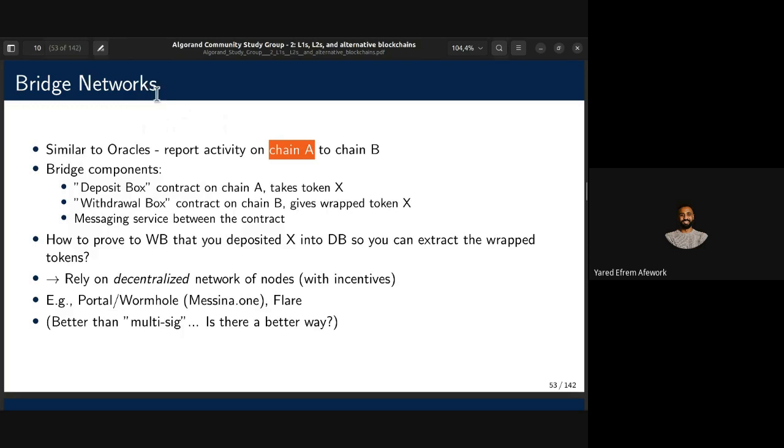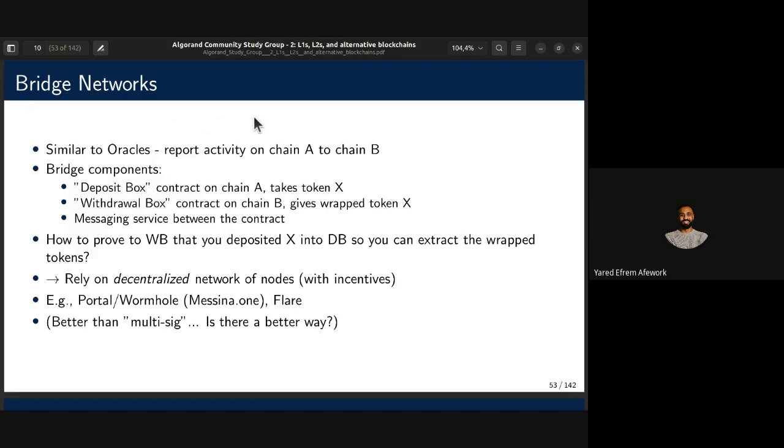So instead of having chain A and chain B talking to this middleman, this bridge network, let's say that both of these are proof of stake networks, and chain A has a market cap of $10 billion, and the other also $10 billion. But let's say that this bridge network only has a market cap of, say, $100 million, or $10 million. You have a token, and then an attacker, if people are relying on it,